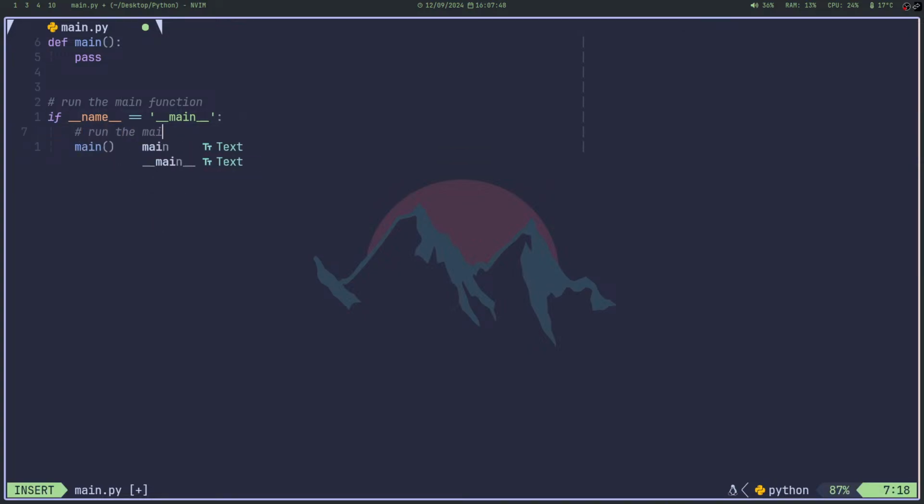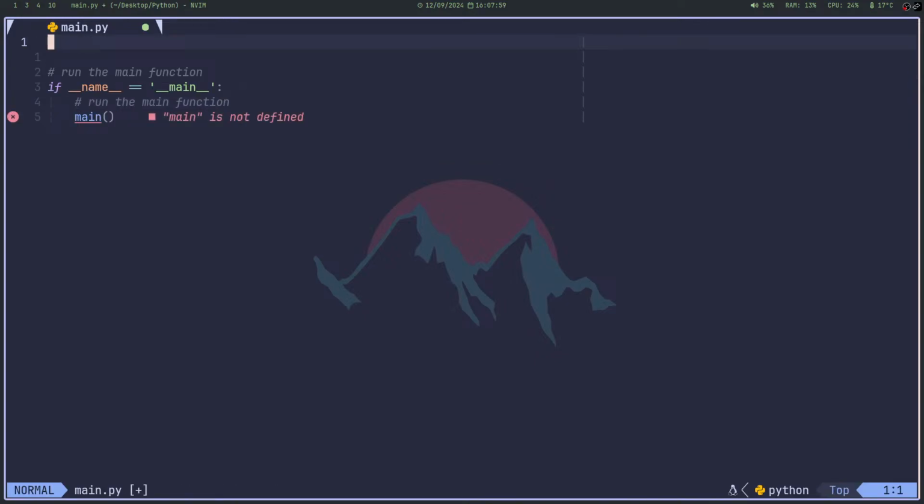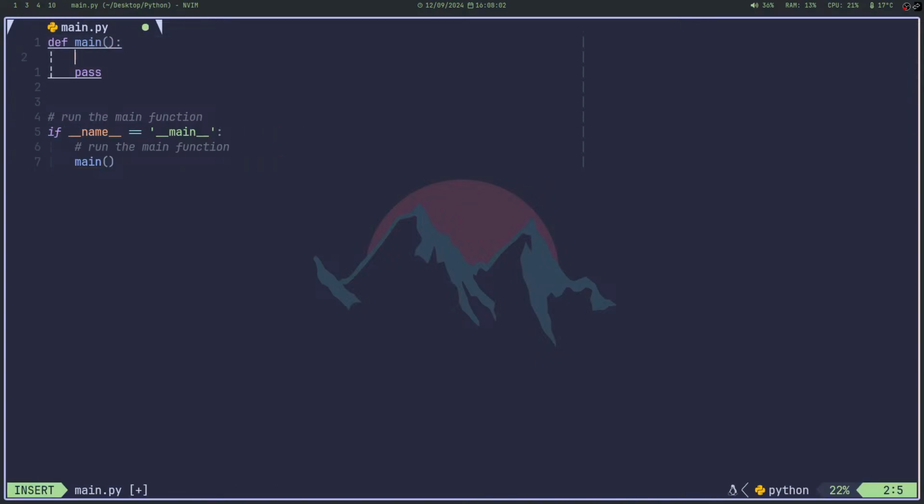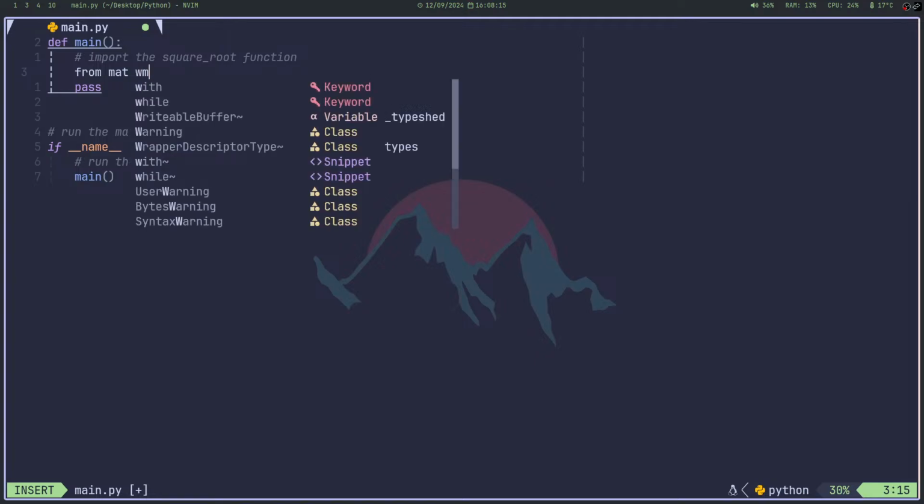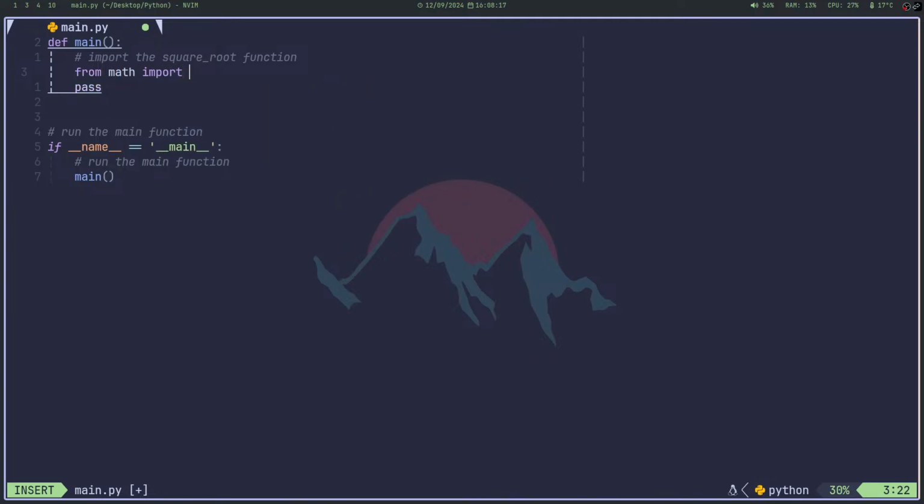Run the main function. Okay, so undo. So import the square root function. So if we have from math import sqrt, and then